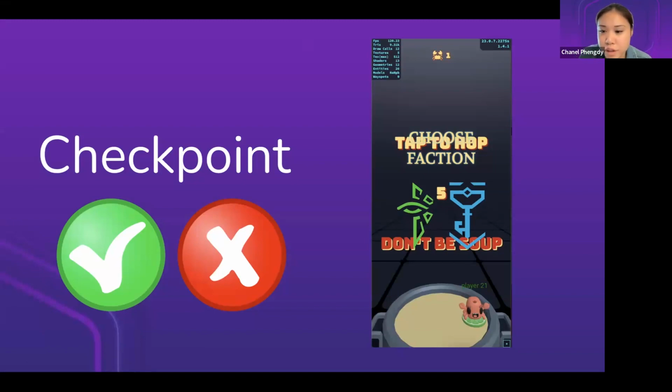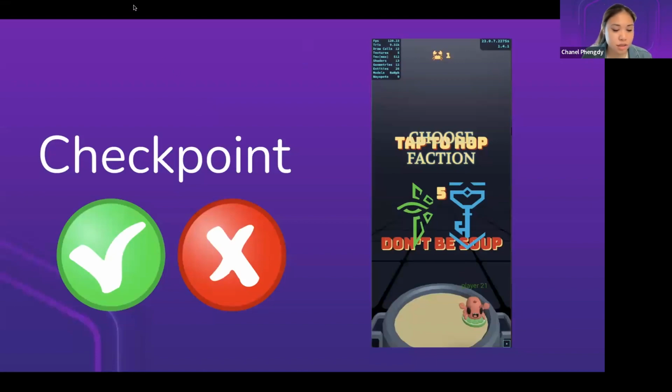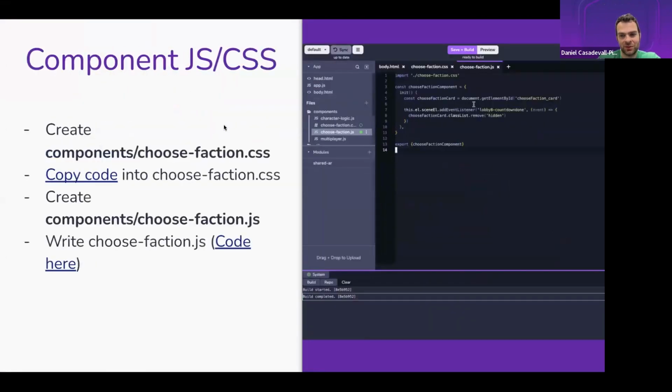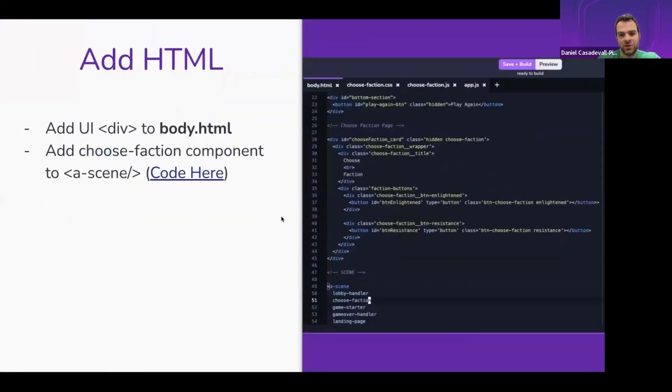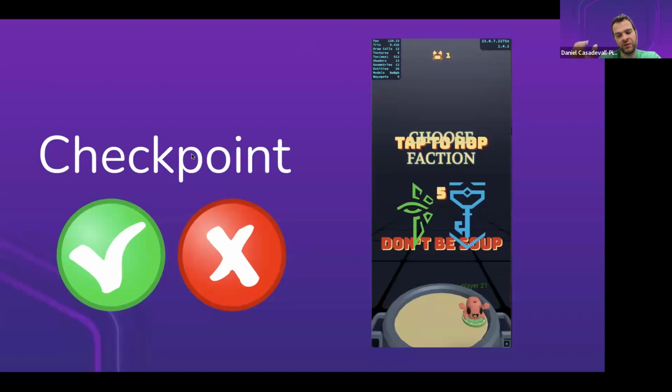Okay, I think we can move forward. The files may need to be renamed, so just be aware of that. And you do have the slide deck, so you can follow along. If you do need to rename the files, I believe it's in the CSS, probably in choose faction.css. Go to choose faction.css and match the name there, or you can just rename the files to match what is expected.